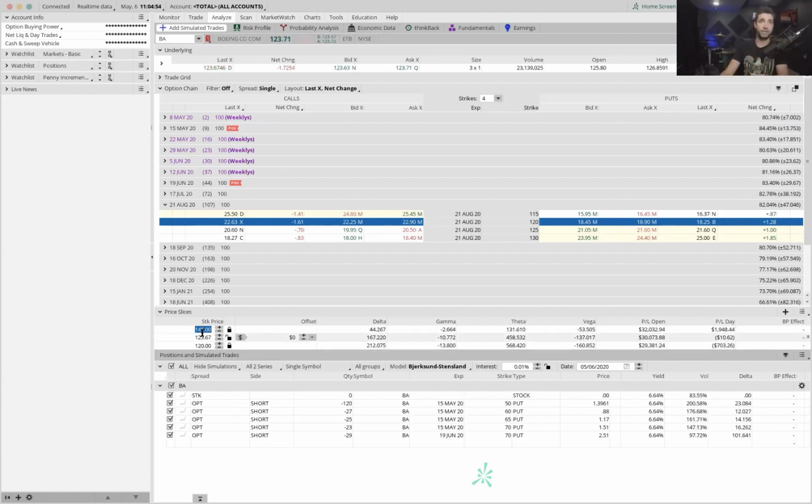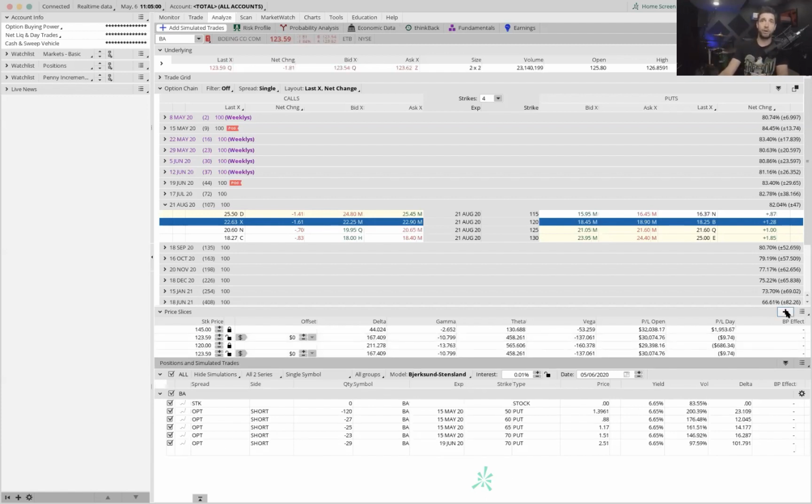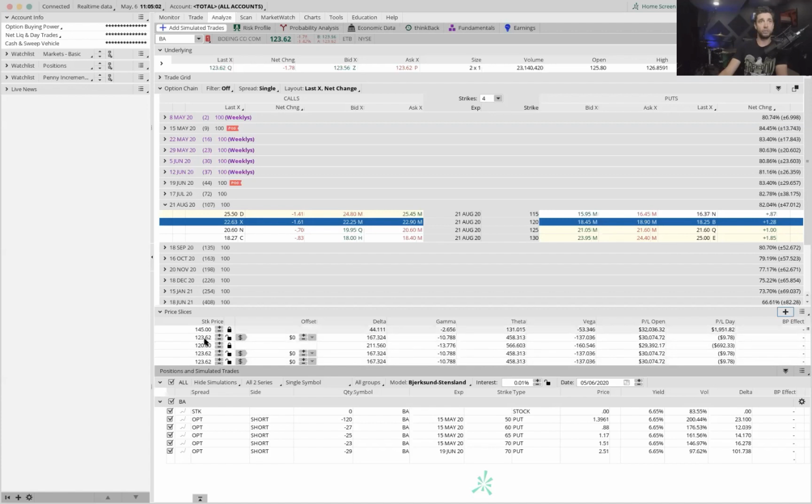in this left-hand column. So for those of us who have multiple targets on different positions, you would want to add a price slice, and you could add all of these price slices, different custom targets, and you could say, what if price goes here, here, or here? Tell me what my P&L would be. What if price goes down to here, here, or here? Tell me what my custom P&L would be. And this is a great place to analyze all the things that could happen to your trade before you actually